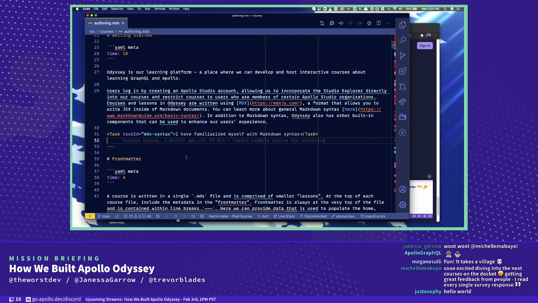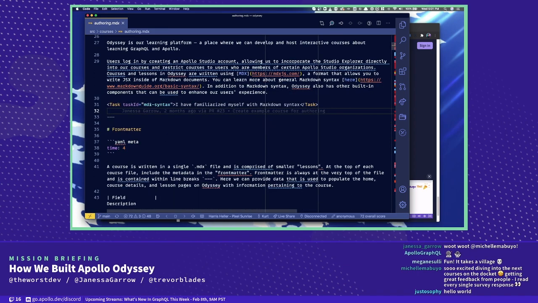That's because we just pass that into the global MDX scope. So then all we have to do is render the component itself. It's just normal JSX syntax with any props that it takes, and you don't have to do anything else for it. That's awesome.